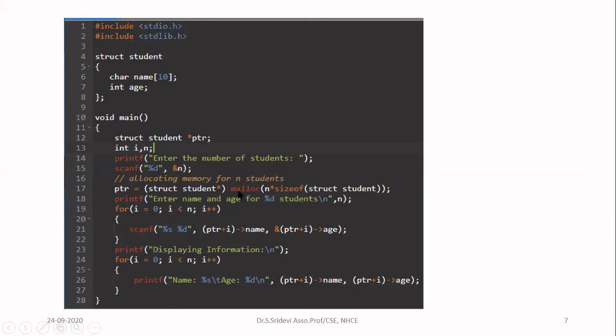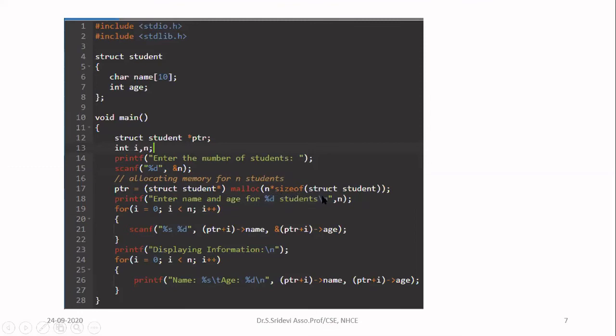Now let us use malloc. In malloc, I have to specify one argument. So what is that argument? How many total memory locations you are going to allocate to this structure? Okay, you know that we need to create memory for n students. Okay, and every student will have certain number of memory locations. Somebody told her that it will occupy 14 memory locations. Okay, so how to get that 14? I don't know how many it will occupy. So I will use size of struct student. Here also you have to write struct student. If you write only student, you will get error. Okay, so n multiplied by size of struct student.